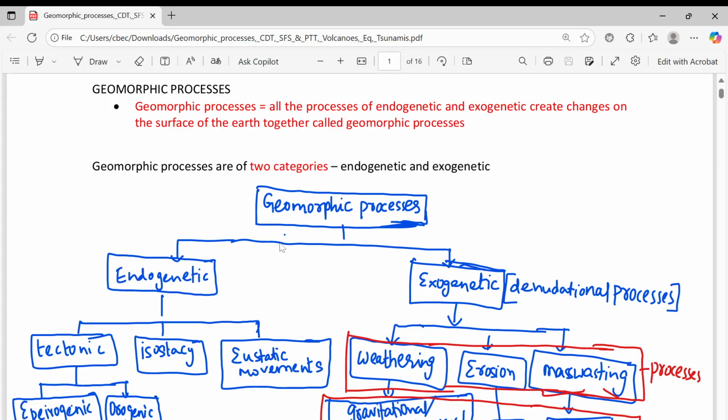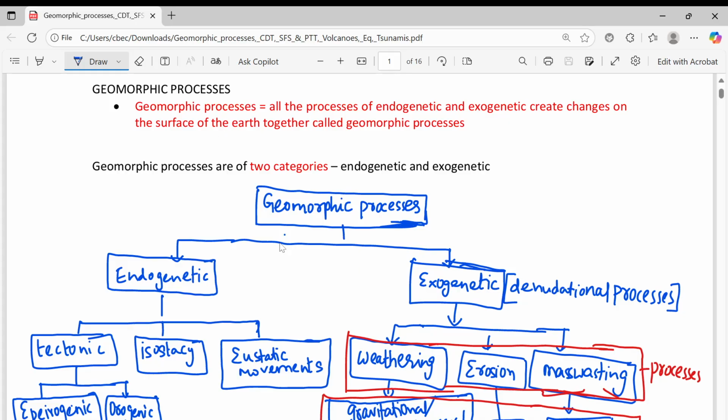For example, if you take the Aravallis, these are mountains. These mountains might have had some height greater than at present, but over a period they are undergoing some processes, geomorphic processes. They keep changing. So here you will find all processes of endogenetic and